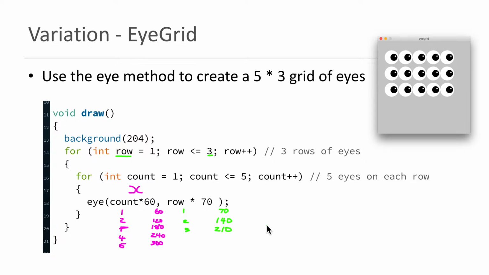So the final part of this is to see what's actually happening. So the code is going to run. Row is going to be set to 1. Then we come inside the inner loop and we count from 1 to 5. So we're going to end up with 60, 120, 180, 240, and 300 when row is just 1. Then it's going to exit out of the inner loop, go back up to the outer loop, and increment row to 2. Come back down, and it's going to run the inner loop